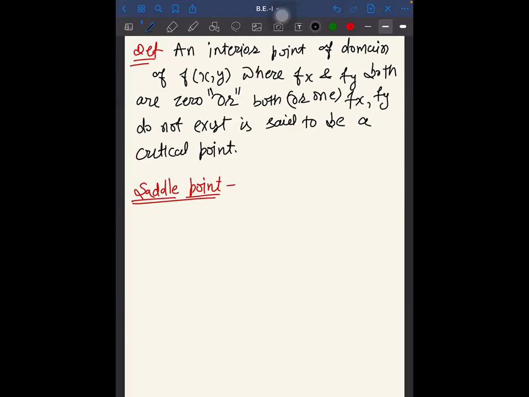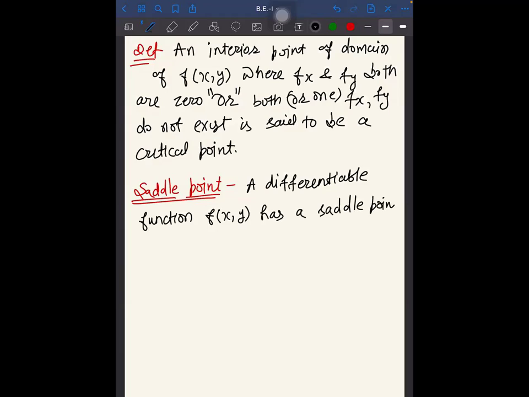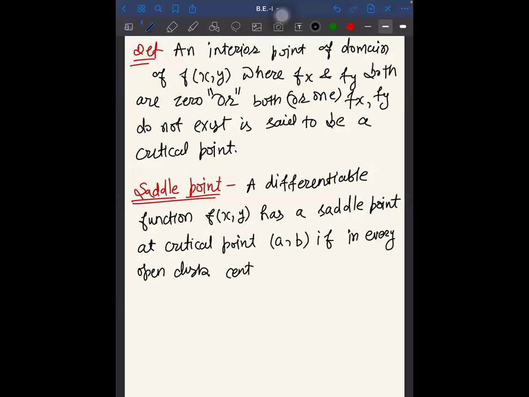A differentiable function f of x, y has a saddle point at critical point (a, b) if in every open disk centered at (a, b)